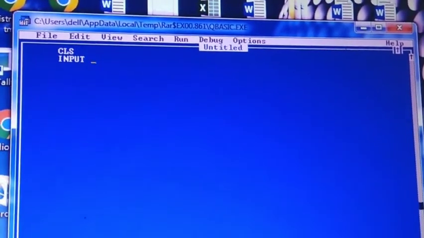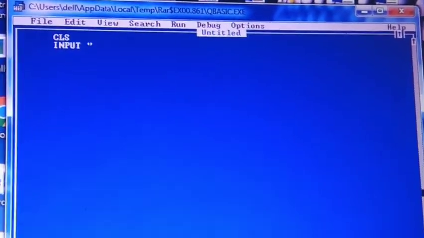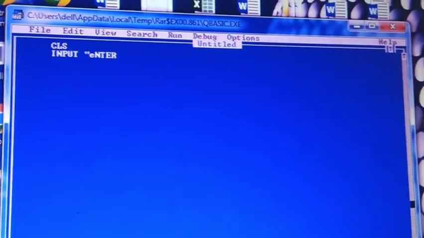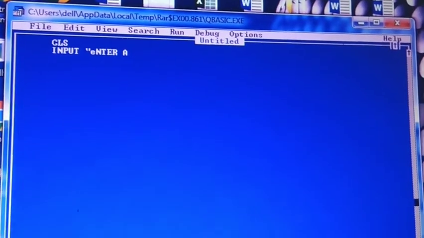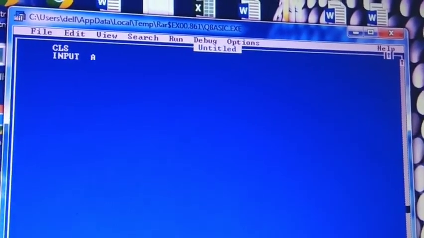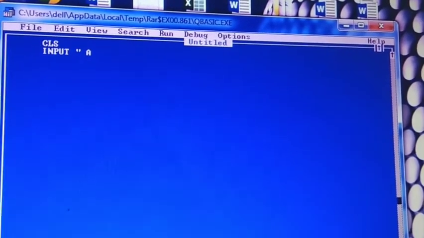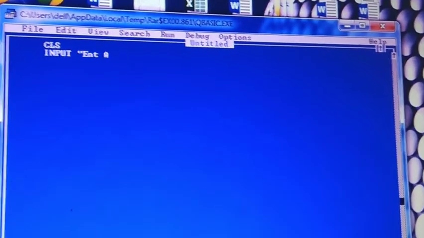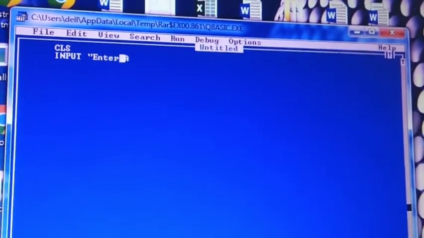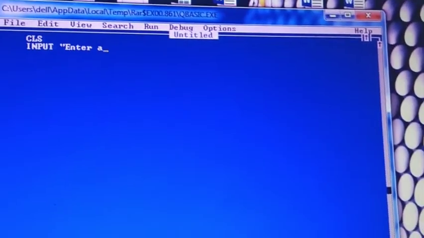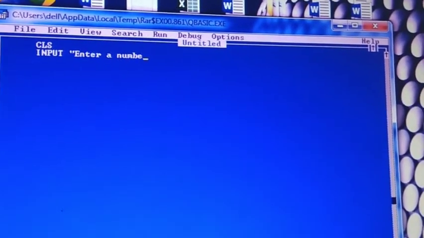Okay, then space, inverted comma, and you can write Enter a number. Okay, see, correct the spelling of Enter. So first of all inverted comma, then capital E, then small n-t-e-r, then next a, small letter, then number.